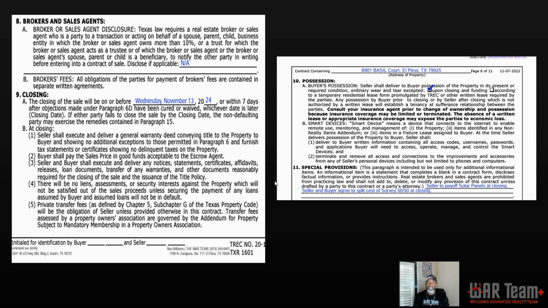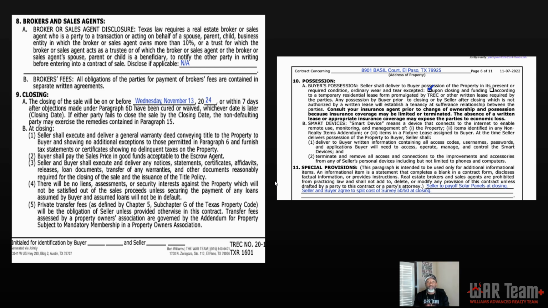Essentially, my buyer was left without the reset and controls for it, and it took a while to get it. It was just a nightmare, and my buyer was really upset. So in that sense, all smart devices, all access codes, usernames, and passwords are supposed to be turned over, or they're supposed to be reset to the factory settings so someone can come in there and do it themselves.